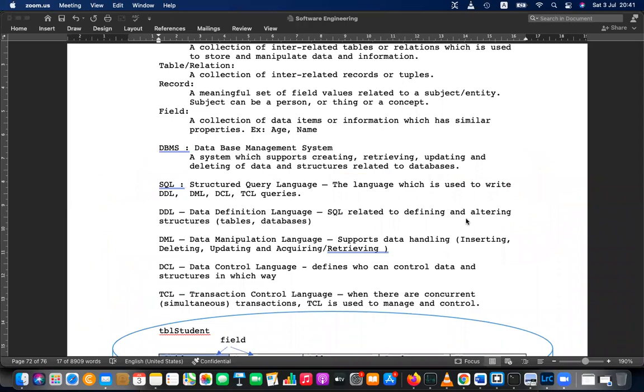Half-way transactions means you withdraw money and it is deducted from your account, but no physical cash comes out from the ATM. That is a half-way transaction. That means money is deducted by the bank, but money does not come from the ATM. Such things cannot happen. Then you have to reverse the transaction. Likewise, cash comes out of the ATM but money is not deducted. That cannot happen either. If that happens, it is a loss for the bank. And if money is deducted but no cash comes out of the ATM, it is a loss for you. Both cannot happen. So TCL is handling those kinds of transactions. DCL is the permission, TCL is handling transactions.